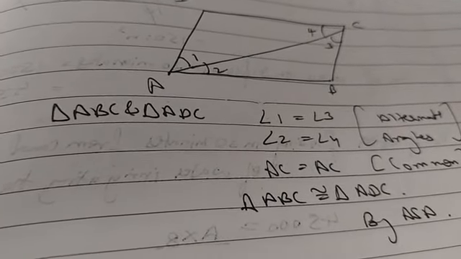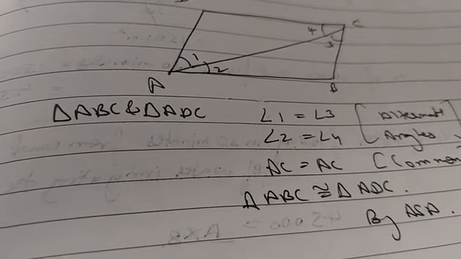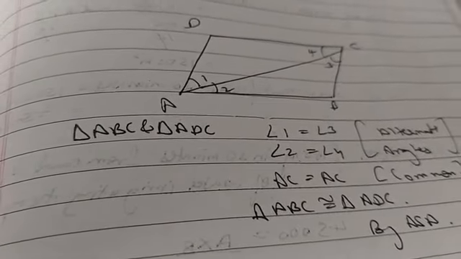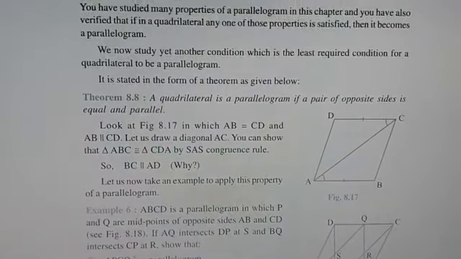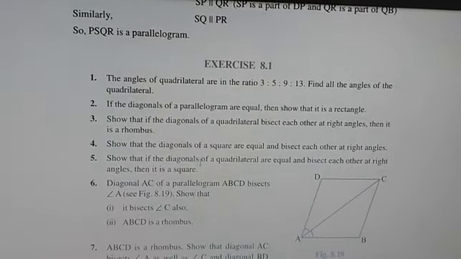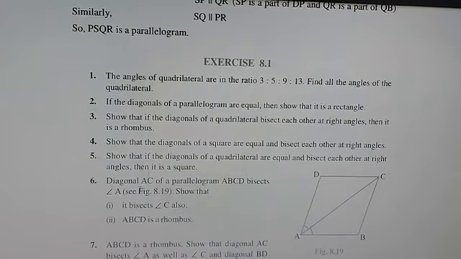So both these triangles are equal. We can say that they are congruent. Both these triangles are congruent. So up to here you have to note it down. Only this theorem we have to do. First one theorem, others no need to do. Okay. So after that we directly start the exercise. Exercise 8.1, that we will start in the next class. 8.1 exercise.